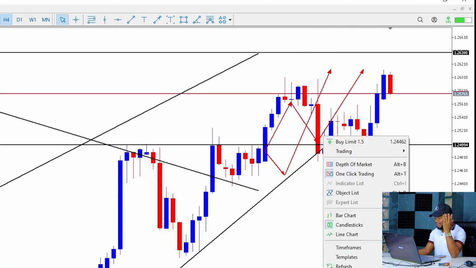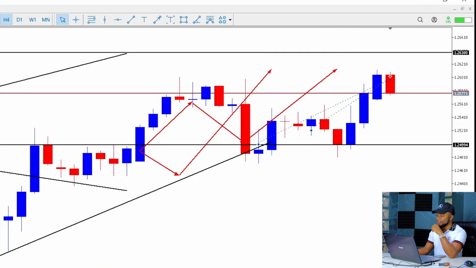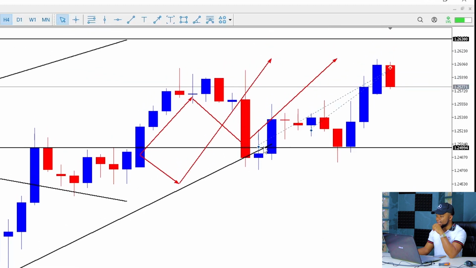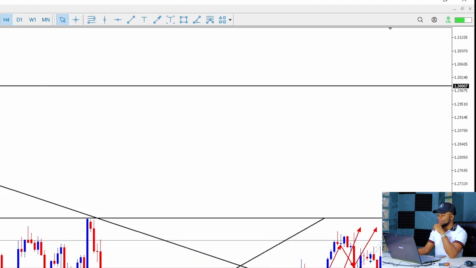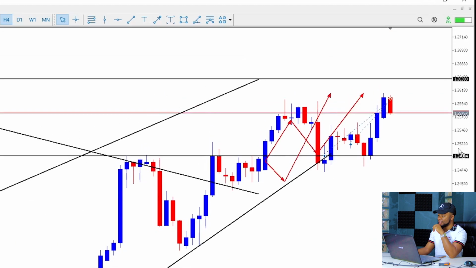I think I'm just going to put the trade history so that you can see. Let me put trade history. Good. Can you see the trade history? If I can zoom out, you'll be able to see very clearly. This is my trade history. I bought here, this line. I bought here and I got out here. The second one, I also bought when the market pulled back. So let me zoom in again so that we can continue with the analysis in a very clear area.